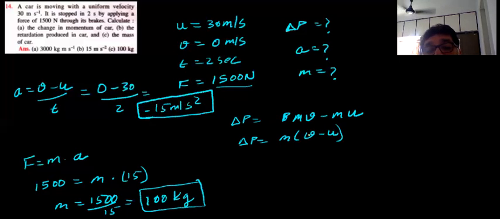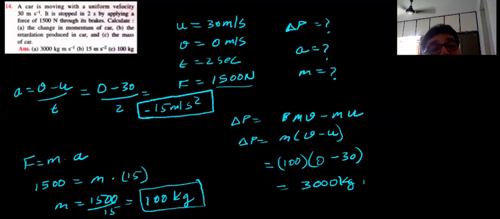We can take m common over here. Now we already found out the mass of the car is 100 kg. Final velocity is 0. Initial velocity is 30, which gives 100 times 30, which is 3000 kg meters per second. This is the change of